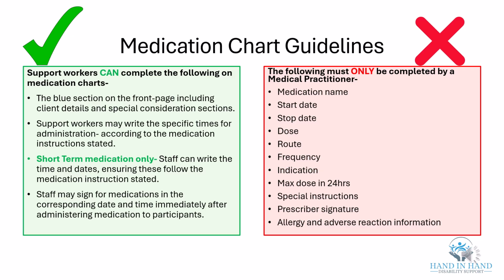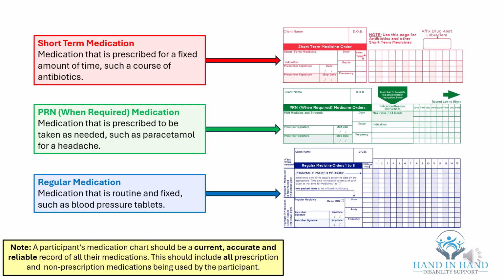The following must only be completed by a medical practitioner. Medication name, start date, stop date, dose, route, frequency, indication, max dose in 24 hours, special instructions, prescriber signature, allergy and adverse reaction information. Short-term medication is prescribed for a limited duration to treat acute conditions like infections, injuries, or chronic illness flare-ups. These medications have a defined start and stop date and are intended for brief use, such as